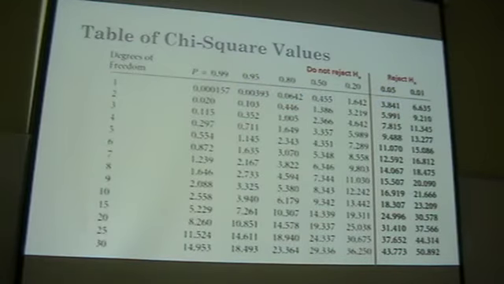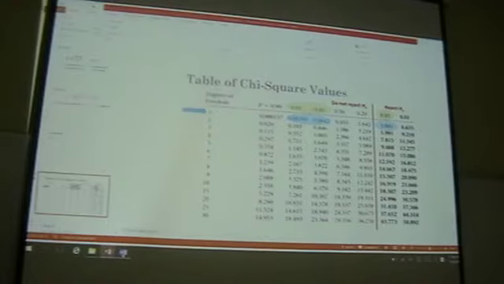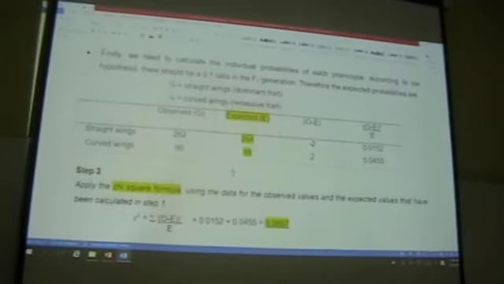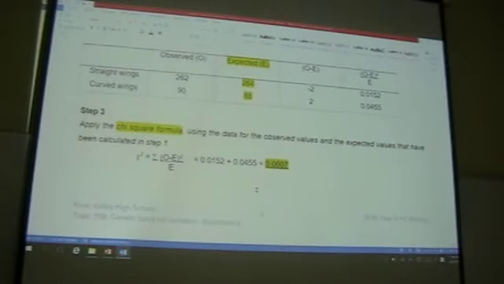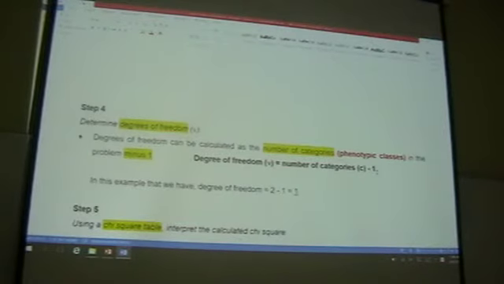Okay, go through review again. From our calculation, we have 2 information. We go back to your lecture notes. The calculation, we have 2 information. So let me show you. From our calculation, we have this. We know that the chi-square value is 0.0607. That's the first information from our calculation. The second information, we know that degree of freedom is equal to 1.